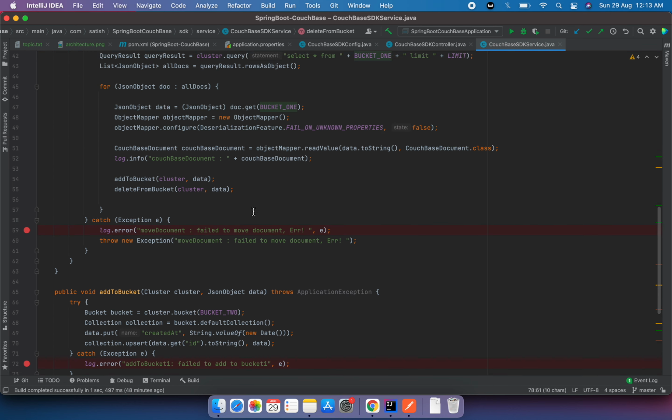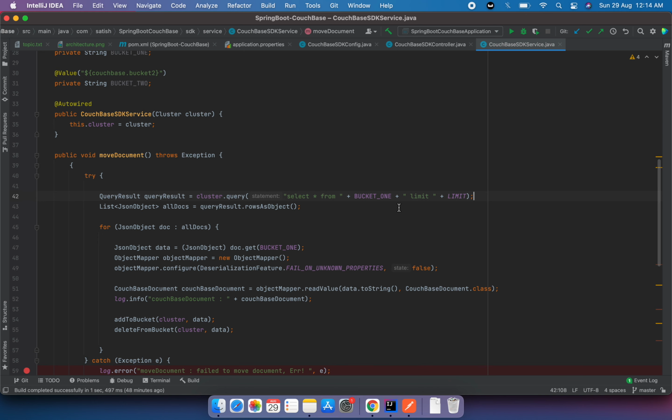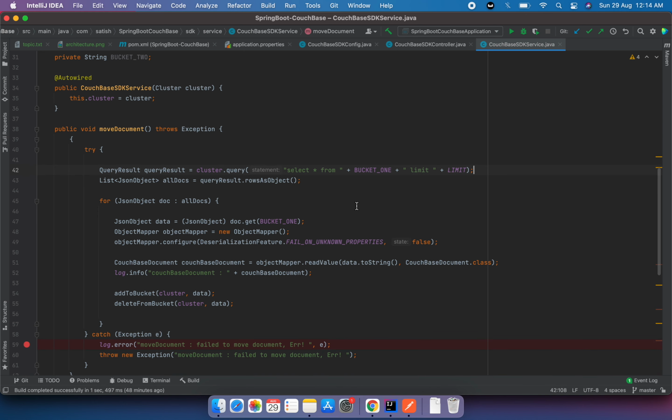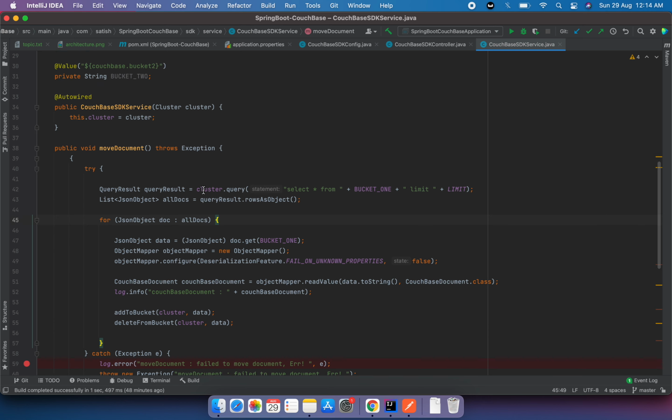One important thing is that this is a simple query using the query result. I'm basically asking Couchbase to give me some documents using some limit. I can also write a complex query using a where clause and so on. That all depends on the use case. Once I have the query ready, I can get all the objects in the result, and on all the different JSON objects I'm performing some operations. That's all up to the developer; if someone wants to implement it in a different way, they can.